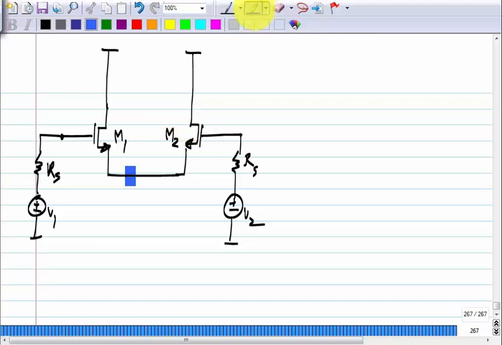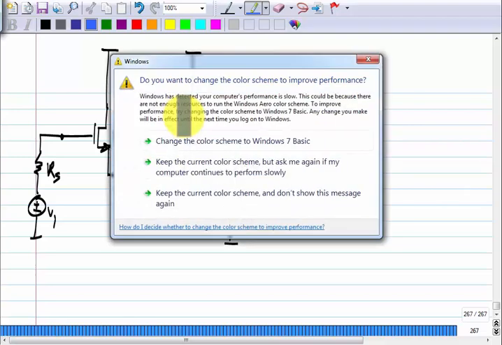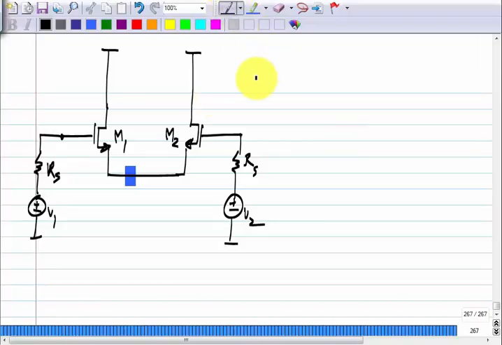Now, we know that we have to go through further analysis, because first of all, this is not an ideal buffer. It will have some non-zero output resistance and so on. So, we have to analyze this, and in the simplest model, I will model M1 with the transconductance GM1 and M2 with the transconductance GM2, and I will not worry about the output conductances for now. If we carry out this analysis, which you did yesterday,